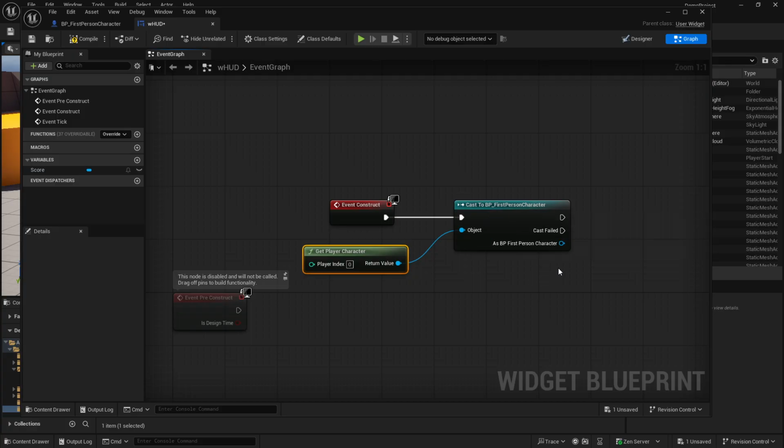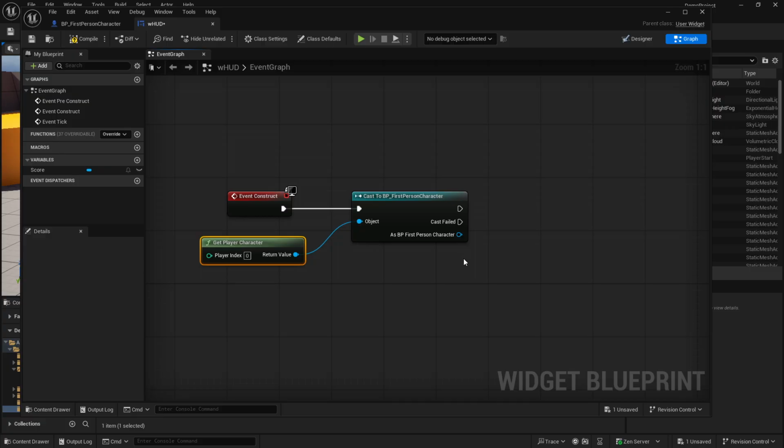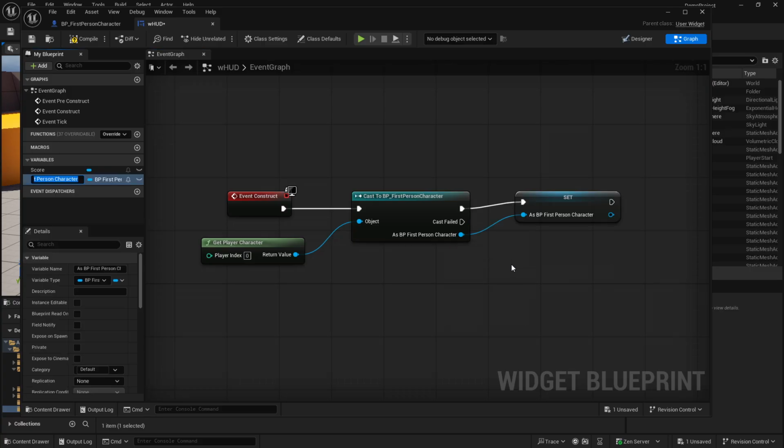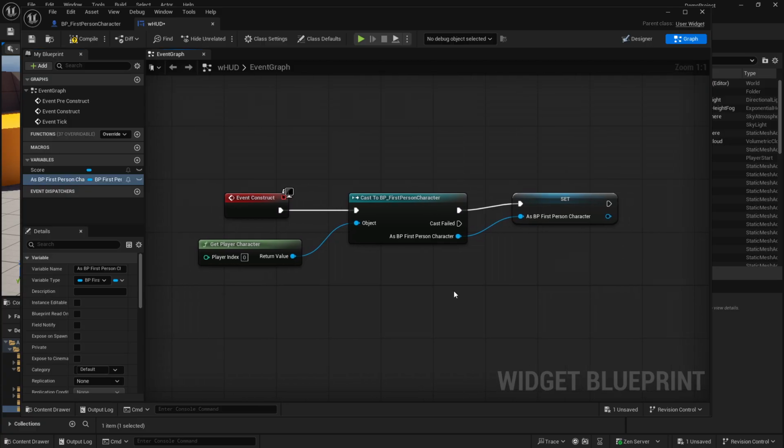After that, we do want to make sure that we are having access to this. So we are going to right click and promote this to a variable so that we can go in and actually look into that. So now that we have access to that first person player character, we can go ahead and compile, and we can actually set up the text to change based